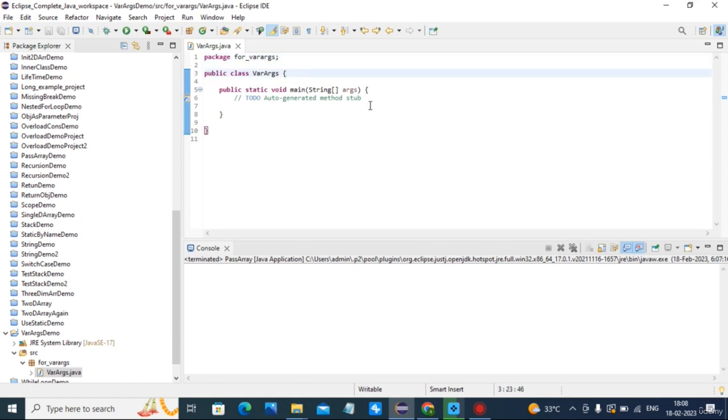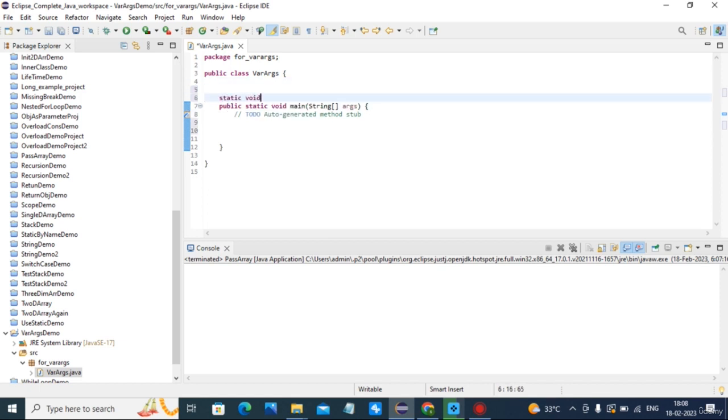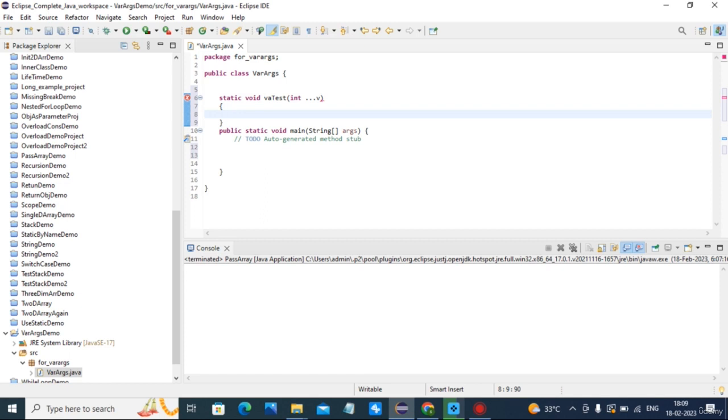In the main class I create static void vaTest with int, variable number of arguments, three dots and then v. System dot out dot println number of arguments, v dot length plus contents.